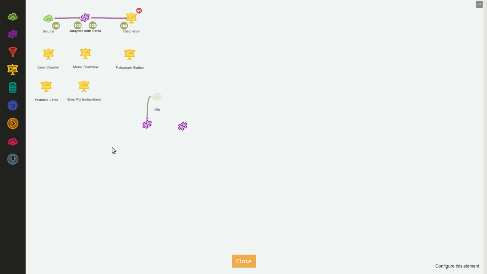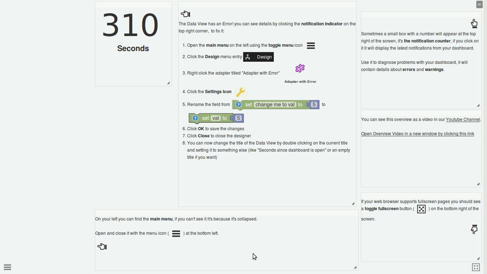So this was basically how Fabric works. Let's clean it up a little bit, and if you have any